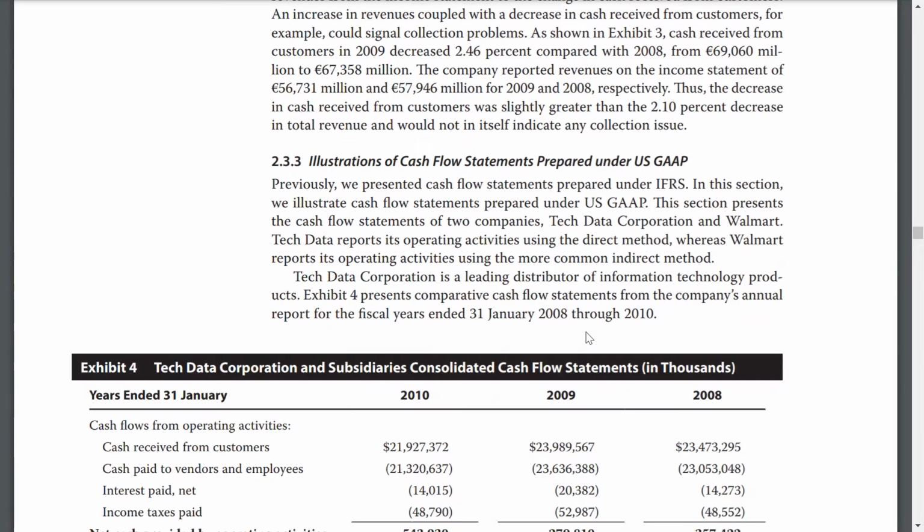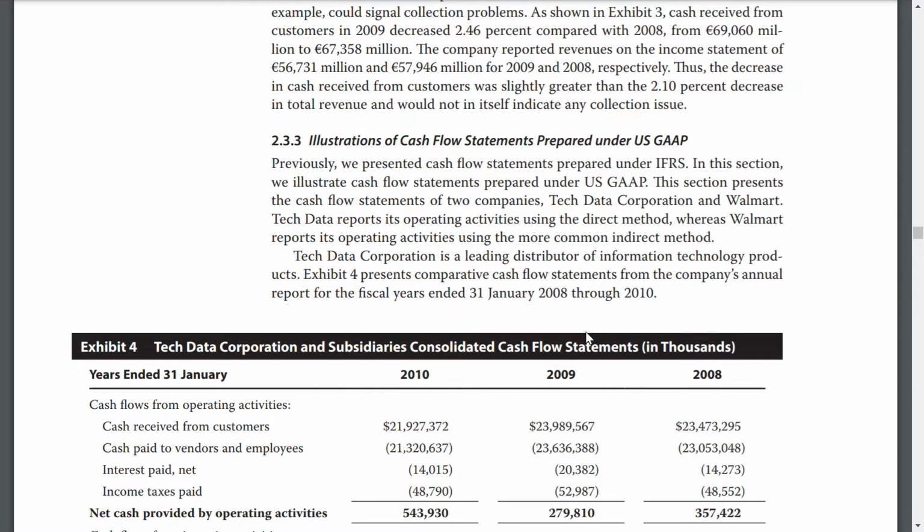Illustration of cash flow statements prepared under US GAAP. Previously, we presented cash flow statements prepared under IFRS. In this section, we illustrate cash flow statements prepared under US GAAP. This section provides the cash flow statements of two companies, Tech Data Corporation and Walmart. Tech Data reports its operating activities using the direct method, whereas Walmart reports its operating activities using the more common